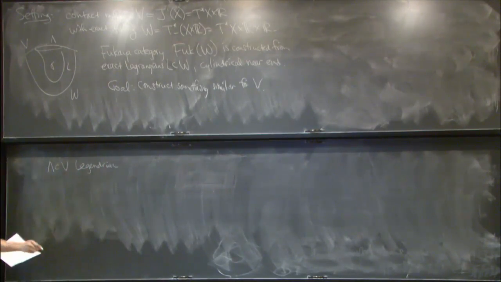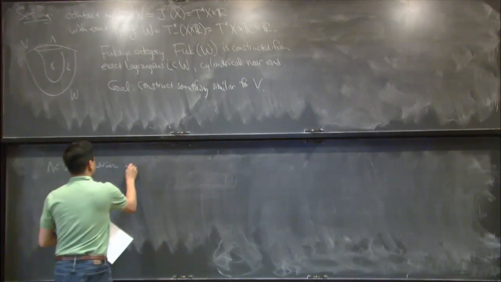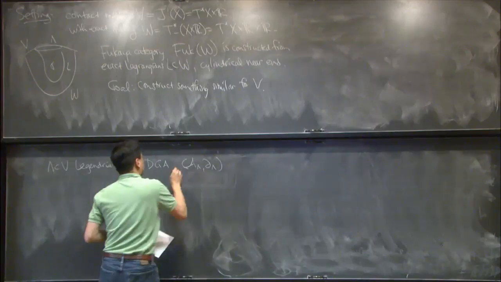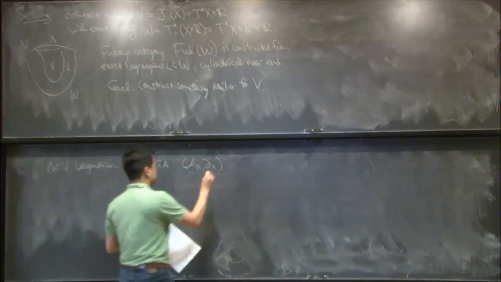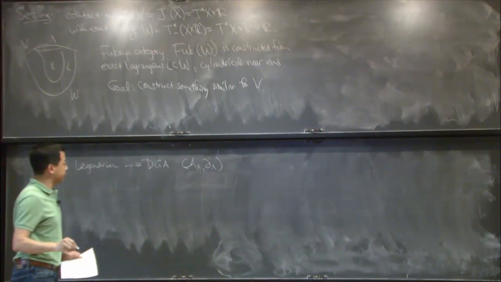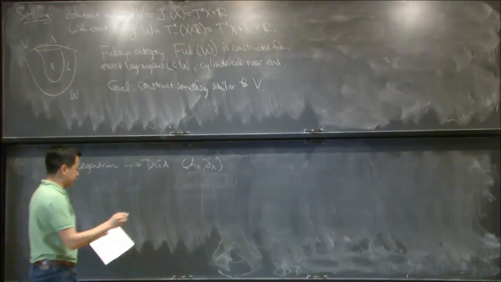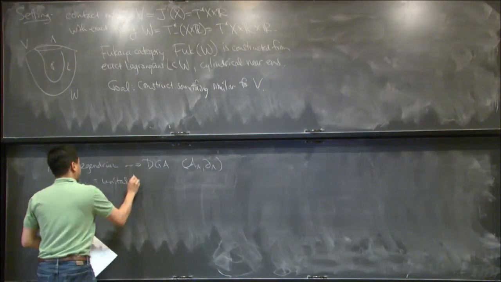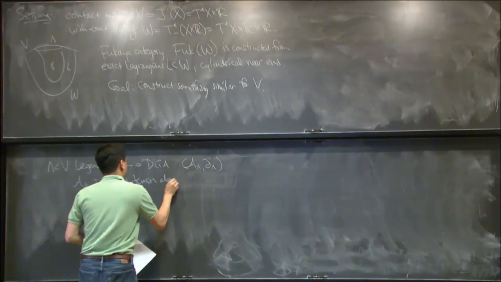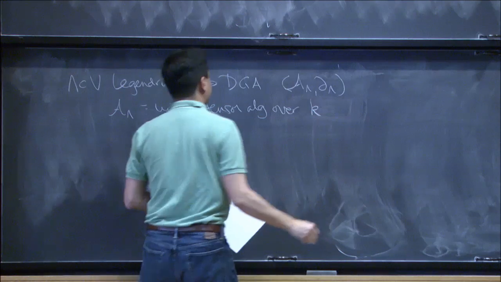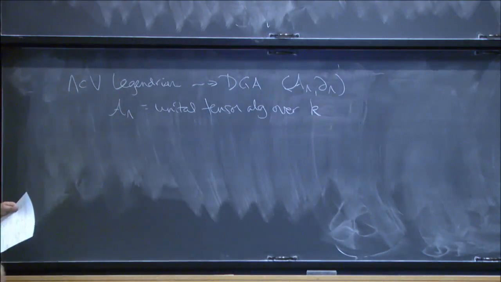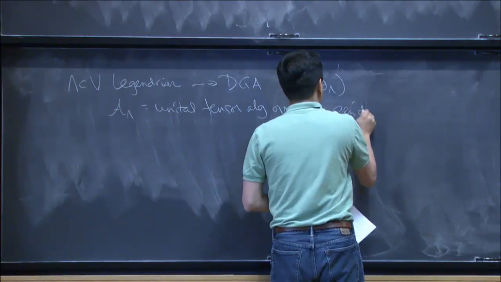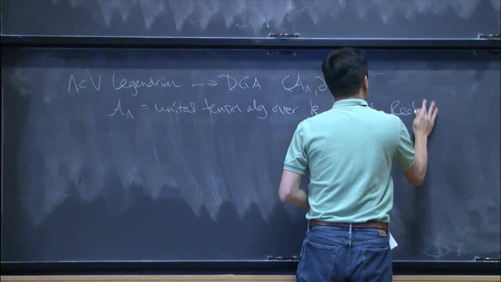We have some Legendrian in this contact manifold, and so out of this you get a differential graded algebra. The homology of this thing is called Legendrian contact homology, but the algebra itself, A, is the unital tensor algebra over, so I'm going to just pick some field and say that we're dealing with algebras over that field, generated by Reeb chords